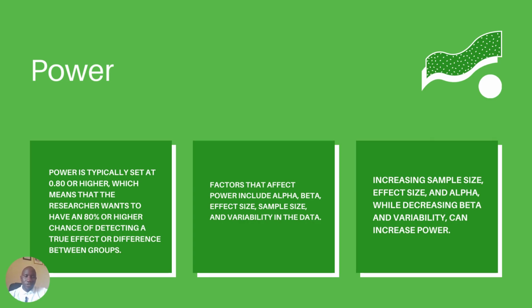So the power itself is actually influenced by the alpha, beta, effect size, sample size, and also the variability of the data set. Okay. So if you increase the sample size, the effect size and alpha, you're basically decreasing,